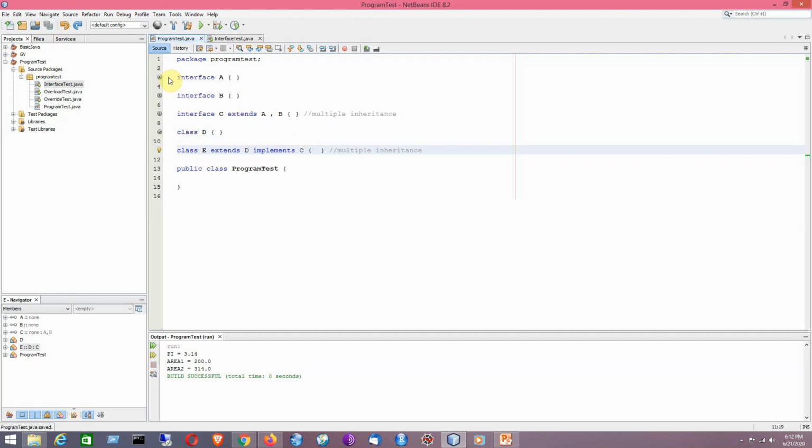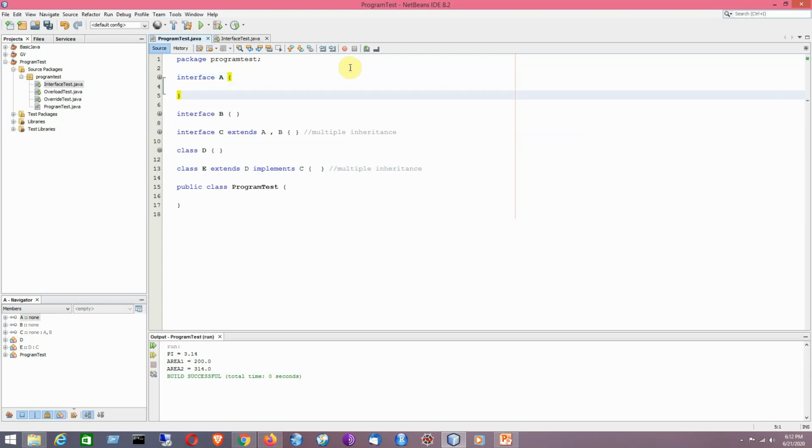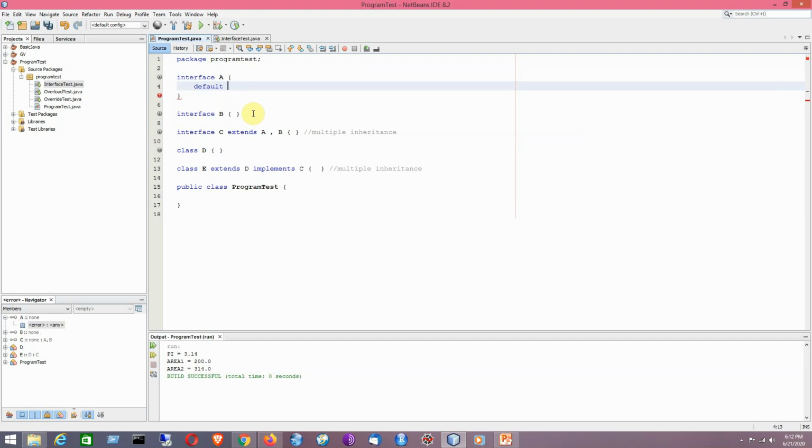Another important thing I need to demonstrate to you is that with Java SE 8 the interfaces can have default method and static method. So that I would like to demonstrate to you. Say for example, it is having a method, better to say a default method, named square, sqr, which is basically taking one parameter.